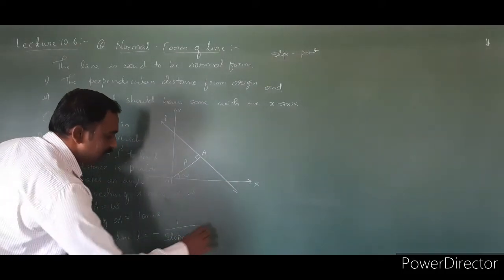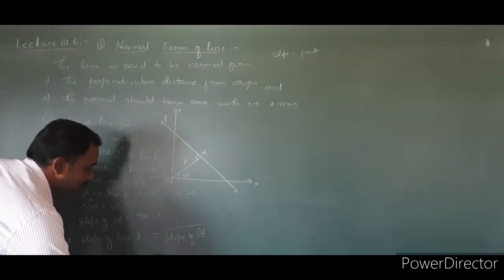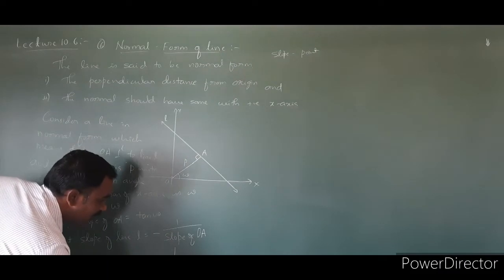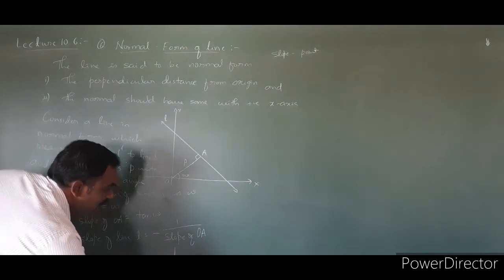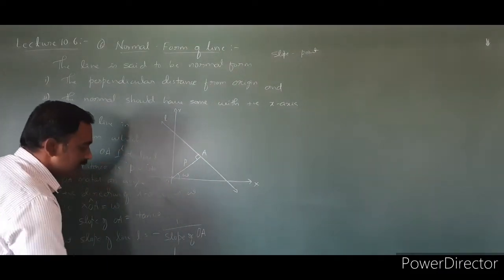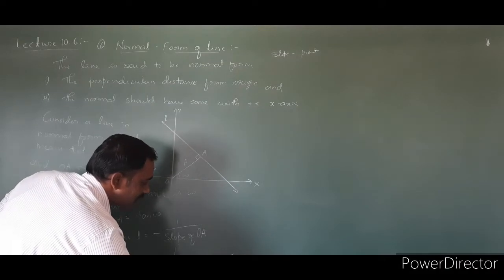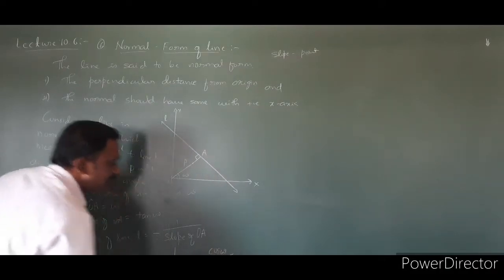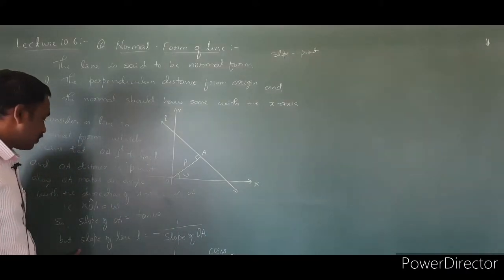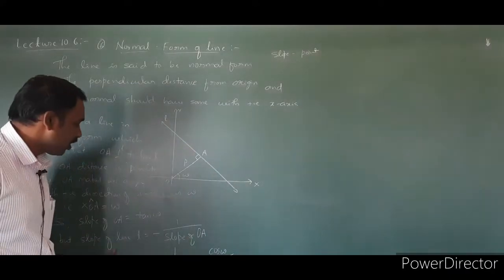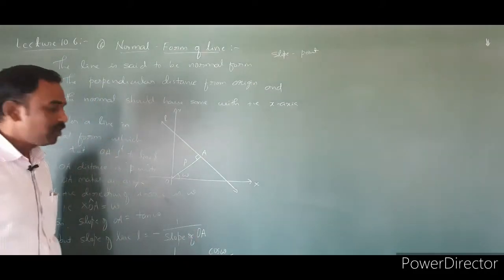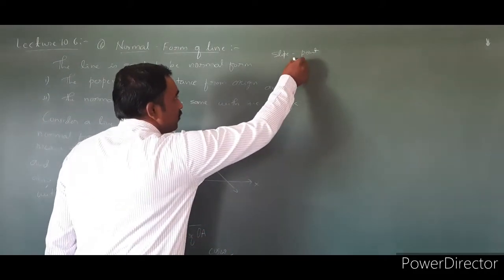With the help of that condition, I just wrote this one. So minus 1 divided by slope of OA. What is that? Tan of omega. Minus 1 over tan omega; tan can be written as sin omega divided by cos omega. I just took cos omega to the numerator. So the slope of the line L we just got is minus cos omega divided by sin omega.